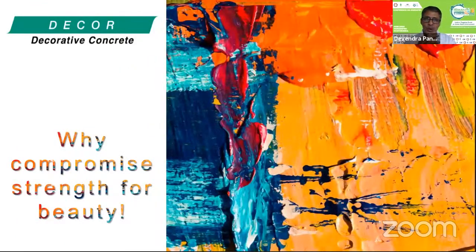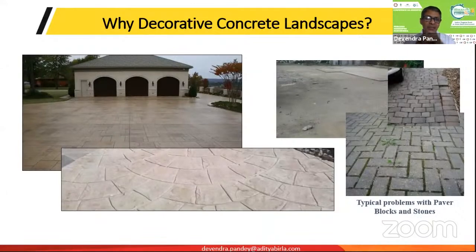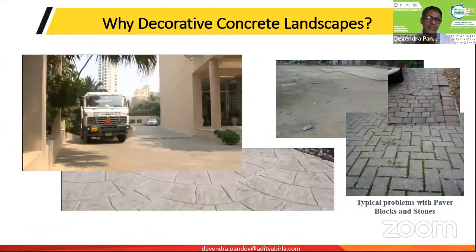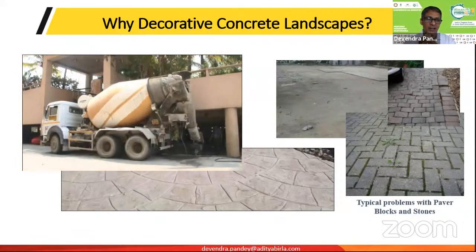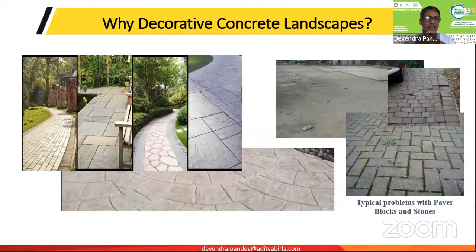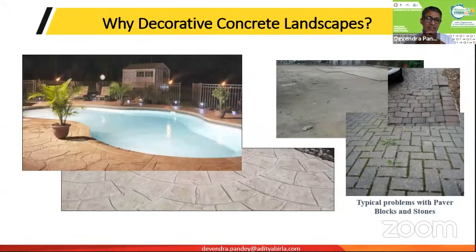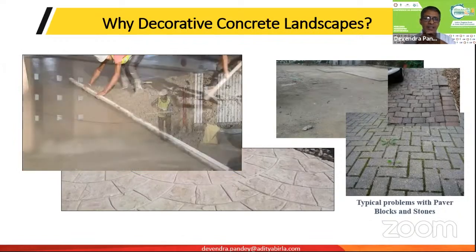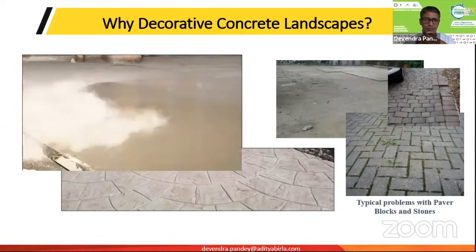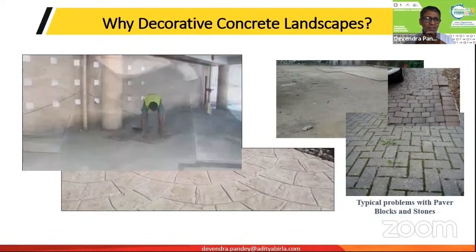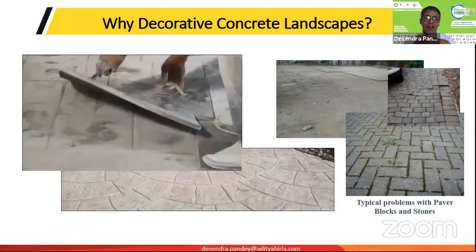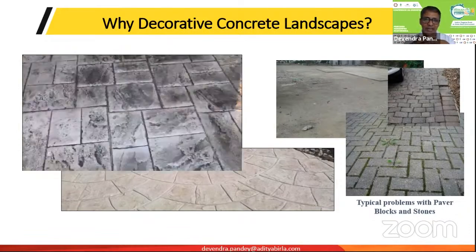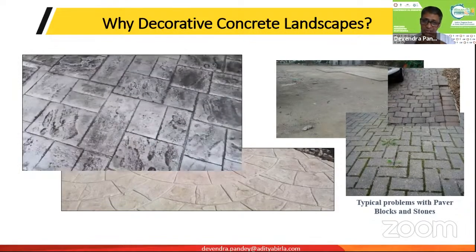Then coming lastly to another variety of concrete, which is decorative concrete. It addresses the need for aesthetics. For landscaping, this is a wonderful material. Our traditional materials are pavers and tiles and these things. But the problem with these materials is that very quickly, within a few years, there is undulation, there is a lot of inconvenience to the pedestrians, and this can be eliminated by imprinting the concrete at the time of concreting itself, as you see here in the process, and it leaves